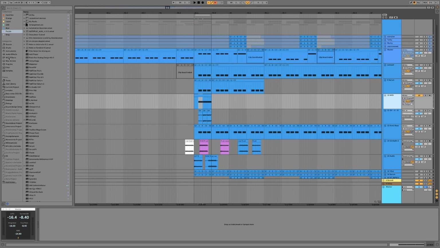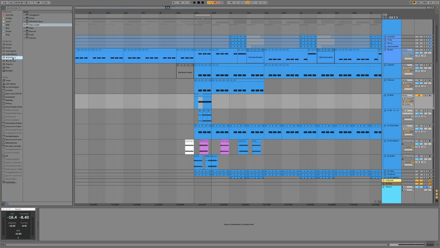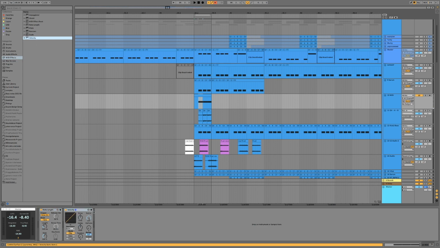Okay, so now, firstly, I'm going to put two MIDI effects on it. I'm going to have a note length and a velocity. So what this is going to allow us to do is control the length of the note, and with this out low here, we're going to be able to control the groove, because all that will affect is our lowest velocity note, so the first note of the three. So let's leave that all the way down for the moment,